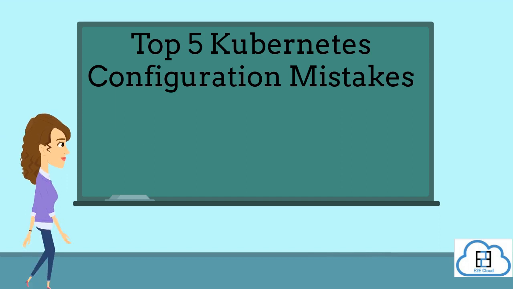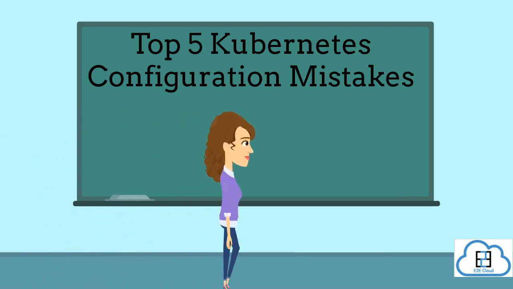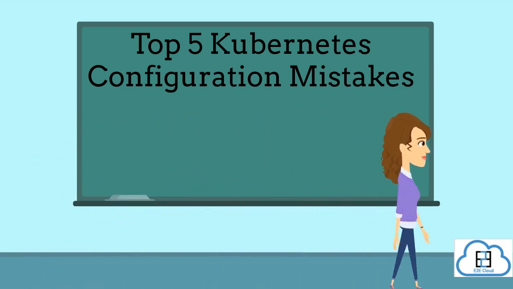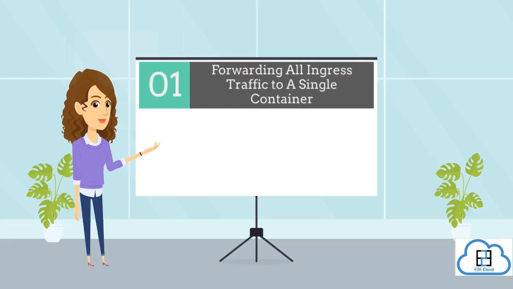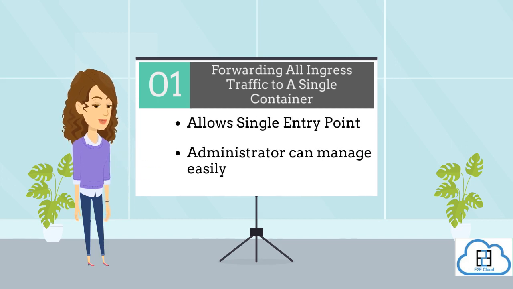Let's walk you through the 5 most common configuration mistakes that may sound simple but impact production. First, forwarding all Ingress traffic to a single container. Kubernetes Ingress is an API object that provides routing rules to manage access to the servers in the Kubernetes cluster. It offers a single entry point for the cluster, allowing administrators to manage the applications easily and diagnose any routing